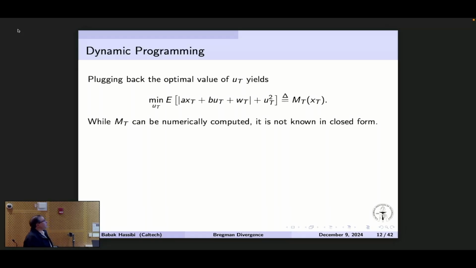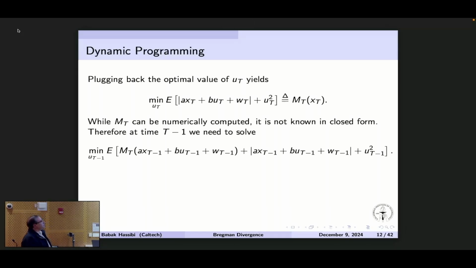And so the challenge is now if I go to the next step, so if I want to find the control at u_{t-1}, I have to take this optimal cost to go and add it to my current cost. This is dynamic programming to get this expression here. And I've replaced x_t in terms of u_{t-1}, the previous state, and so on. And so here I have to do this expectation over w_{t-1}. So this part of it I know how to do as Q functions and everything. This I don't, because this m function, I don't even know it in closed form. I have to compute it. And so the only way I can do this expectation is through Monte Carlo.